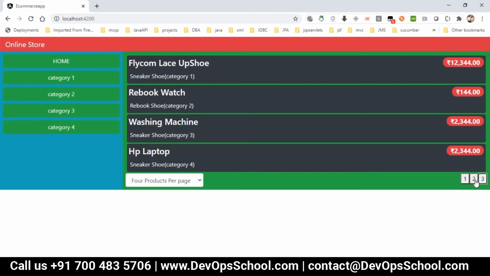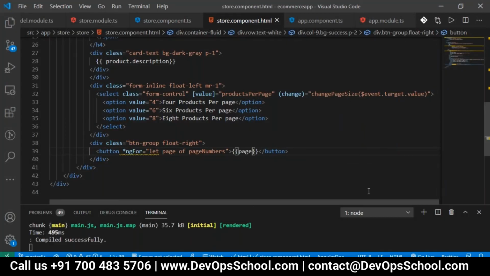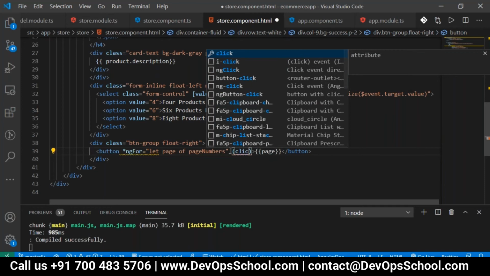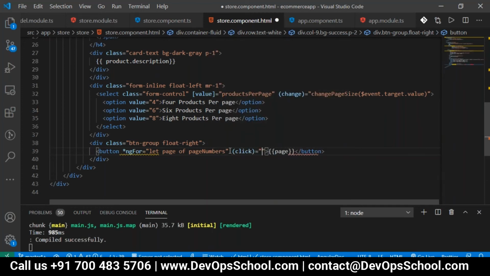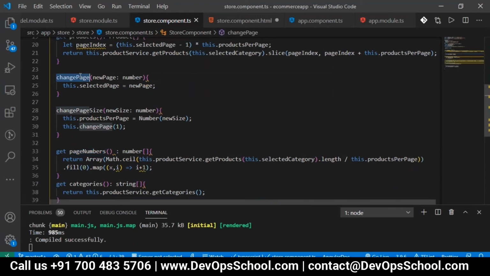The pagination is coming, but whenever I click on a page, that particular data should be coming, right? So for that, we have to bind it with the change page method. Here we take the event binding, which is click. Whenever you click on this particular button, you have to get which page you have selected, and according to that the content should be displayed. For that we have written a method, change page.